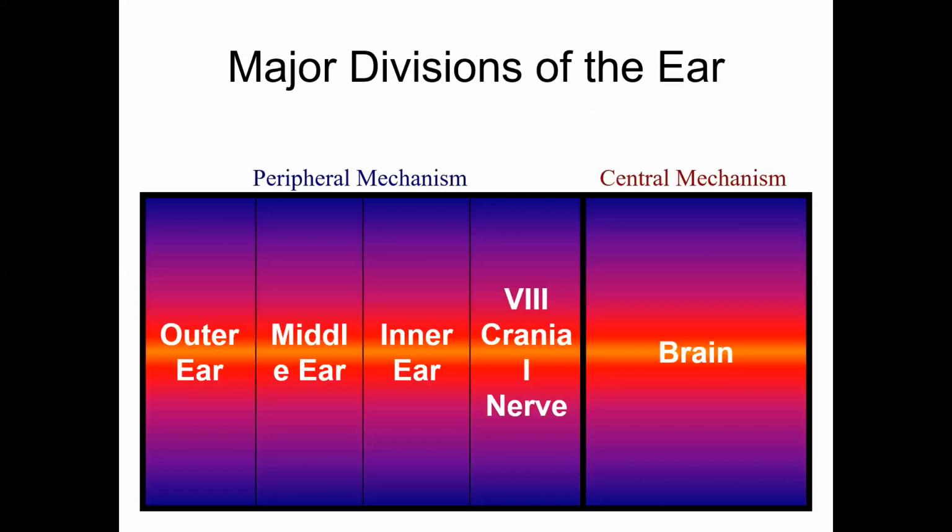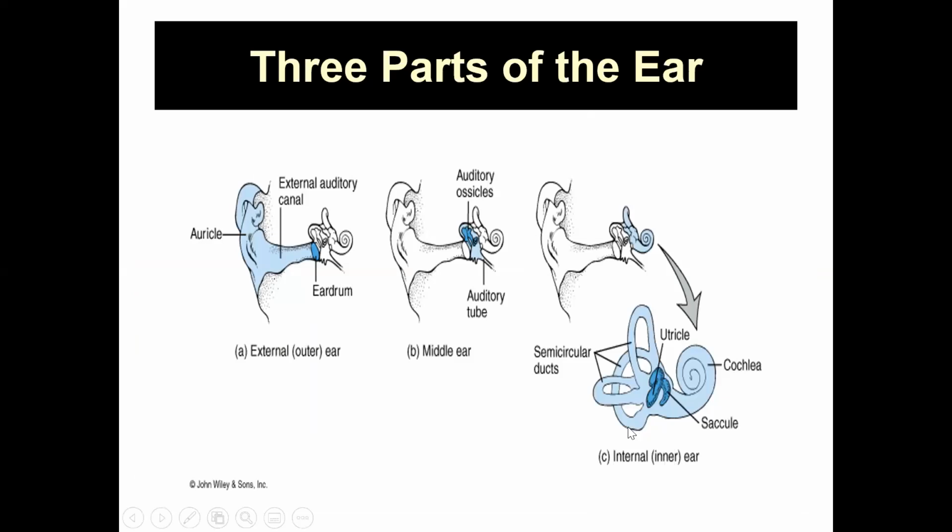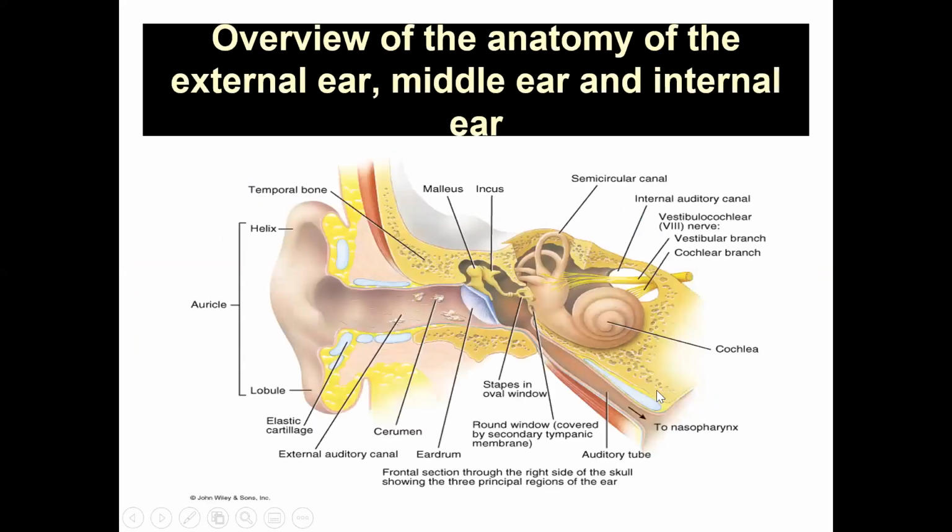So, in order to have a quick revision, I would like to segregate the ear into three parts: the external ear, the middle ear, and the convoluted and complex internal ear. We have already discussed the outer part of the ear, also called the pinna segment and the canal segment. So a quick revision of the external ear.